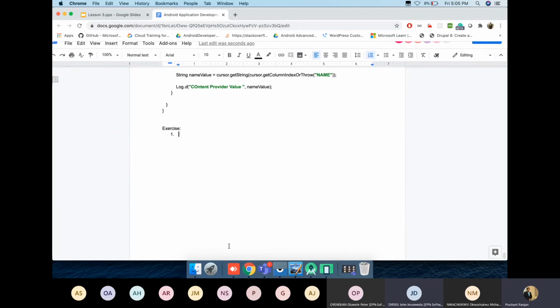The first thing is to create another application, retrieve and store value. The second thing is to implement the delete and update methods of the content provider. So these two things you need to complete.